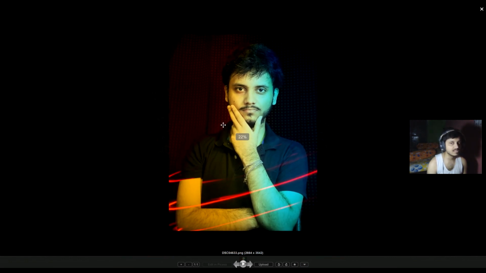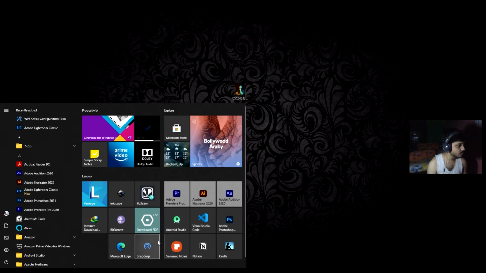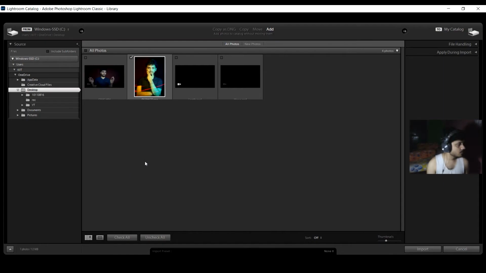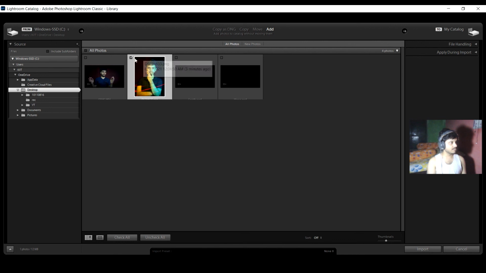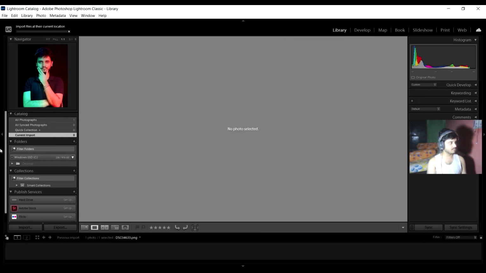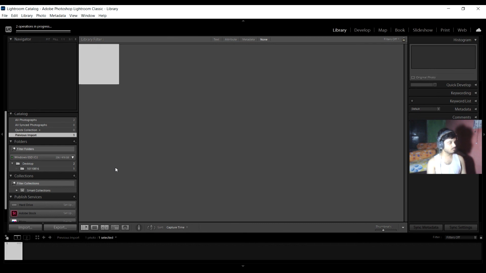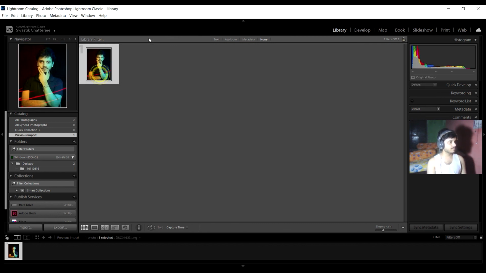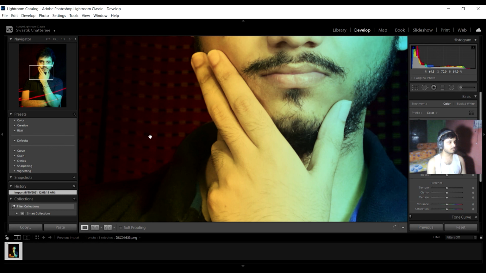So just make sure to save the files in PNG, because PNG actually saves a lot of data for you, and you get a lot more details in PNG than you get in case of JPEG. And now what I'm going to do is, to make the final tunings, I'm just going to jump to Lightroom over here. So as you can see, I've imported my photo into Lightroom, and I've selected the photo, and now I'll press import over here. It is going to import the photo directly, and select it and go to these develop options.